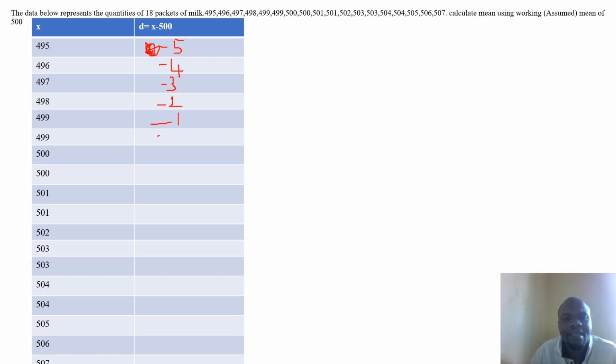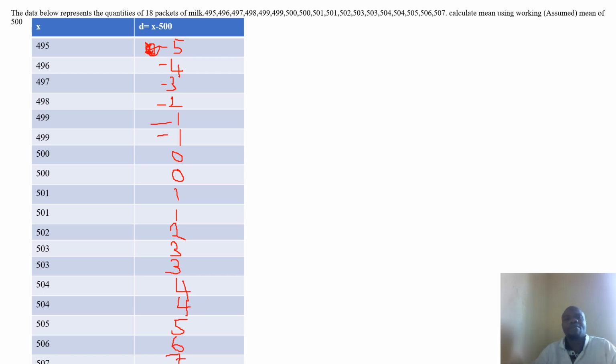And 499 still gives a negative 1. 500 here gives a 0. Then I get a positive 1, then positive 2, positive 3, positive 4,